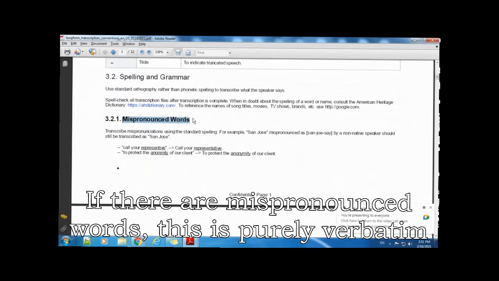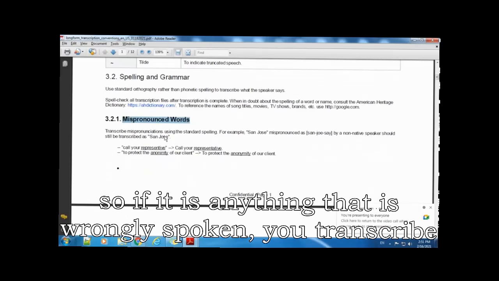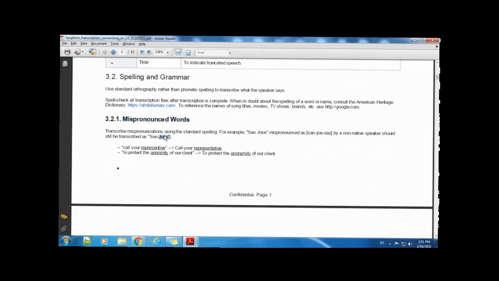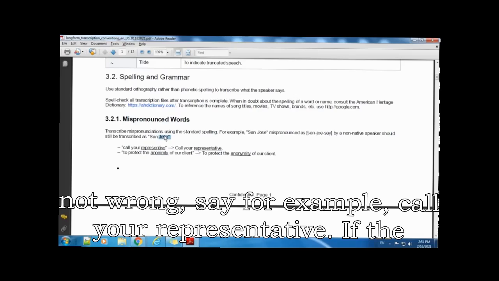If there are mispronounced words, this is purely verbatim. So if it is anything that is wrongly spoken, you transcribe it as it is, but make sure that it is completely not wrong. Say for example, call your representative.